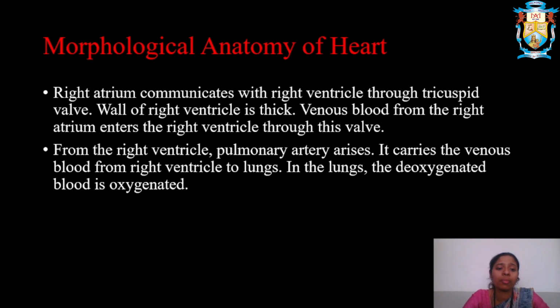So the venous blood from the right atrium enters the right ventricle through this valve. Now from the right ventricle, the pulmonary artery will arise. It will carry the venous blood from the right ventricle to the lungs, and in the lungs the deoxygenated blood will